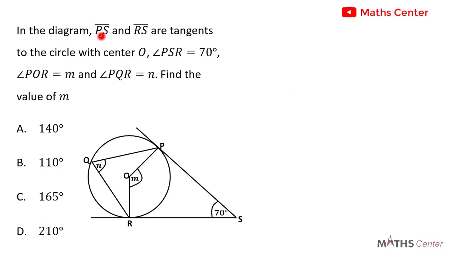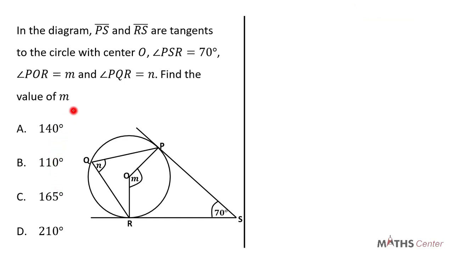In the diagram, the line PS and the line RS are tangents to the circle with center O. The angle PSR is 70 degrees and the angle POR is M, and angle PQR is N. Find the value of M. This is a multiple choice question, and so we will solve the question, and after that we will pick the